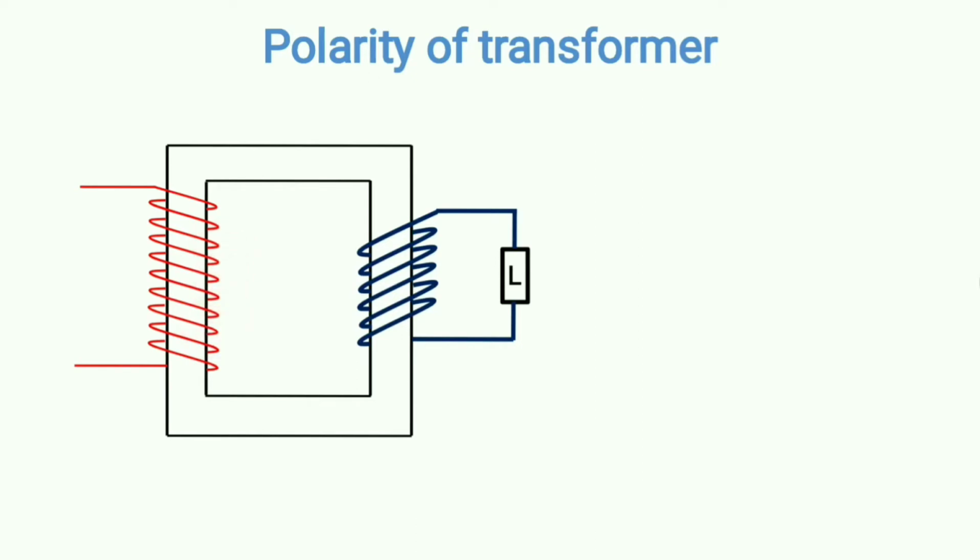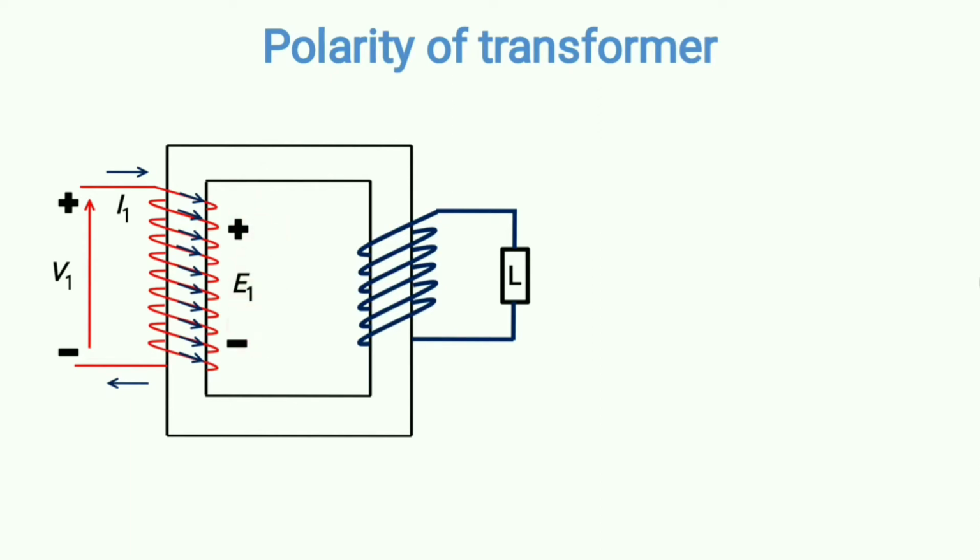Okay, so these things are very common and this is not the main focus. Our main focus is the polarity of transformer. So the moment you give the supply, and because this is a sinusoidal supply, for an instant let's say this is plus and this is minus. So the current will start flowing in this fashion, and as you can see, current is flowing through the winding in this fashion. All right, and the self-induced EMF is E1. Okay, this is the polarity.